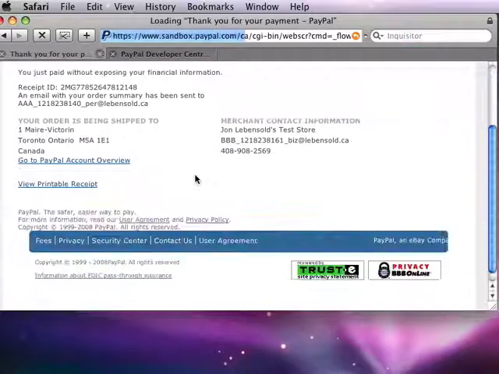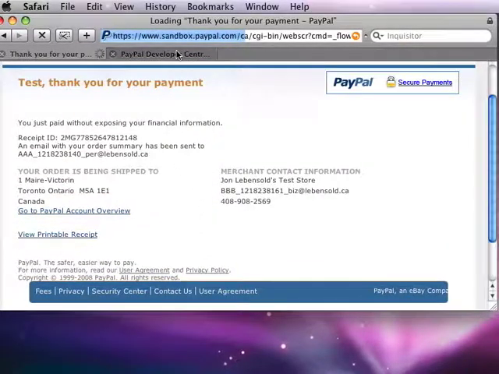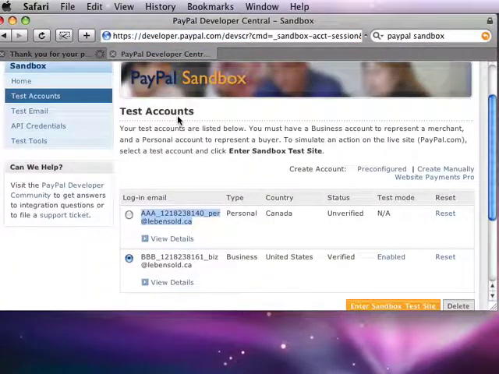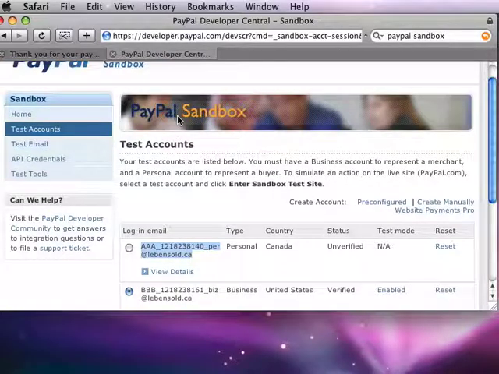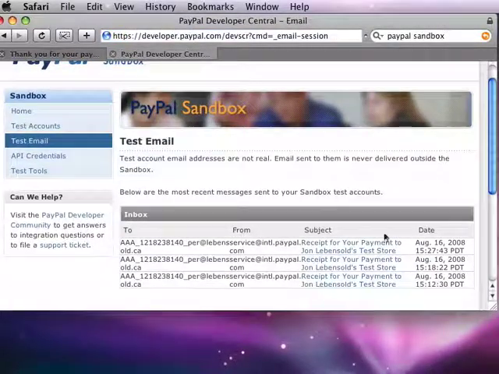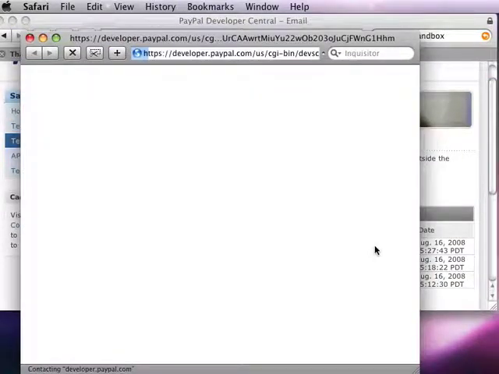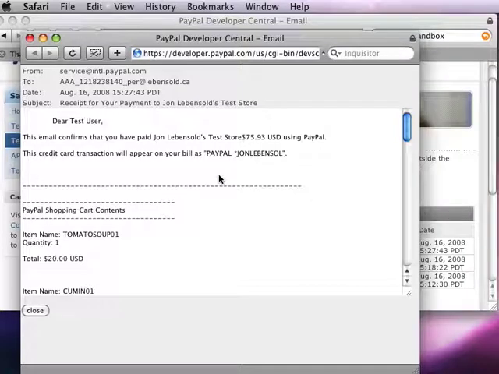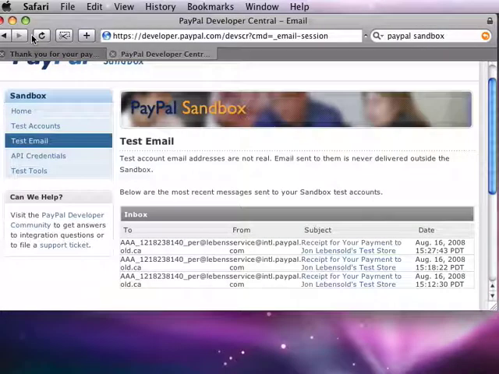And once the transaction has been completed, if I go to the PayPal Development Center, which we're also going to cover, we're going to set up a PayPal developer's account so that we can do all this kind of testing. And I go to the test email page, we'll see the transaction that's just occurred, and that information gets communicated both to the seller and to the buyer. And if I go back to the test accounts page,